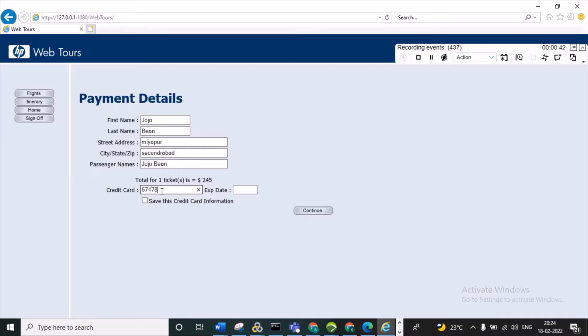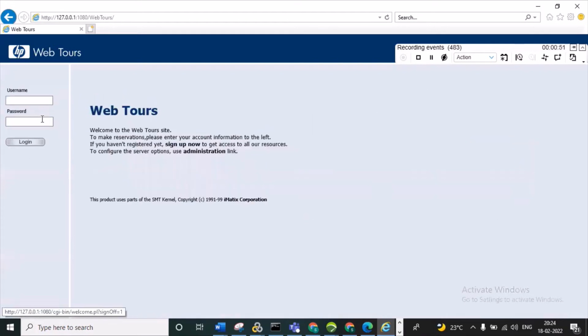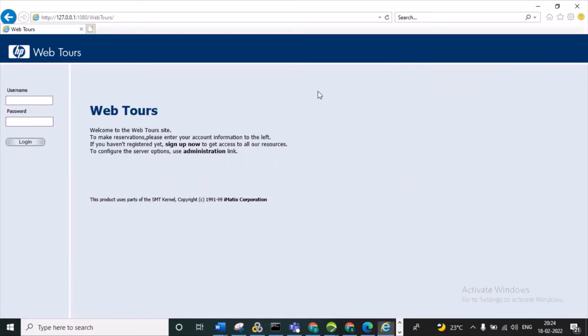Enter credit card, enter expiry date, click on continue and sign off. And our business flow is completed. Then we can stop the recording.